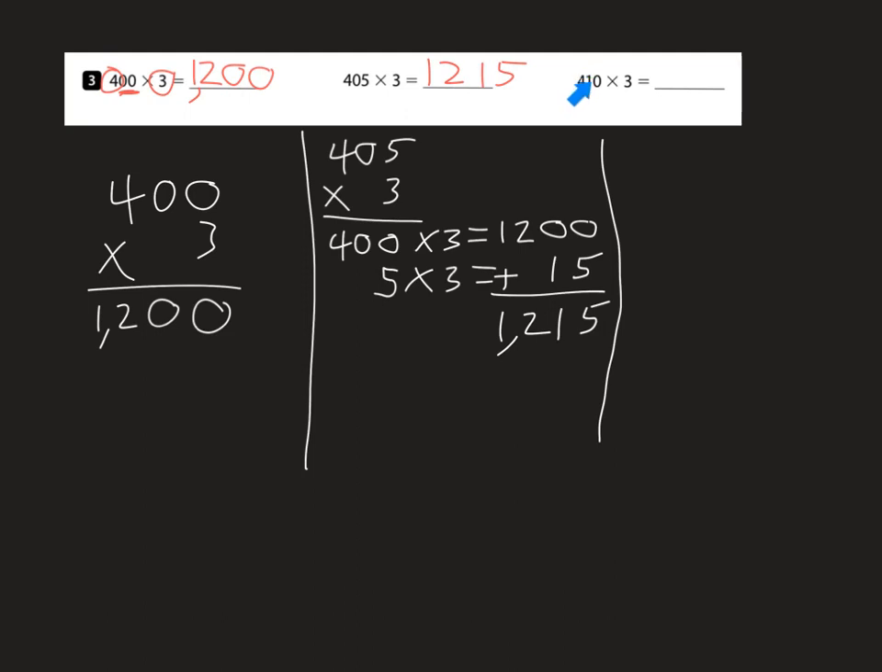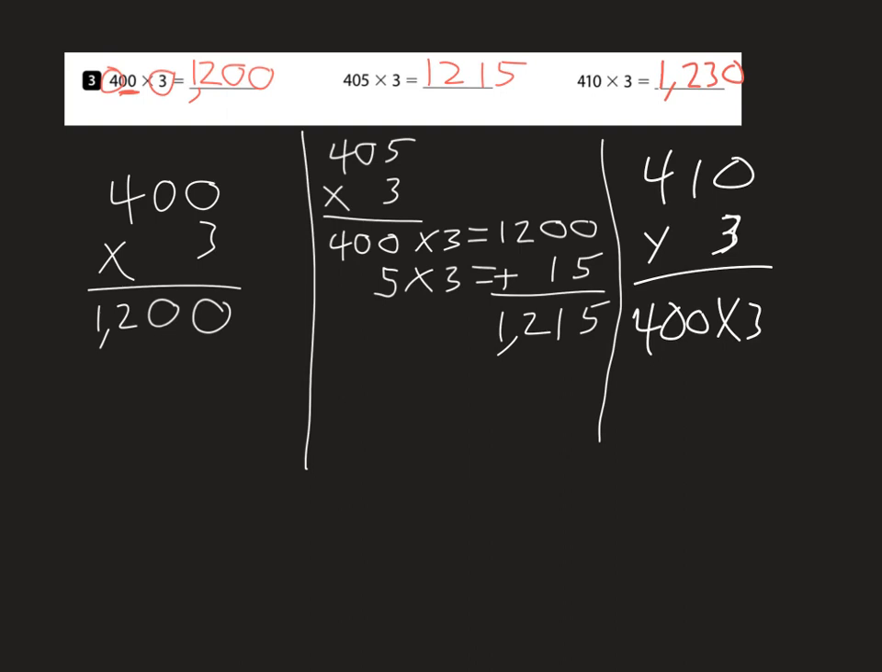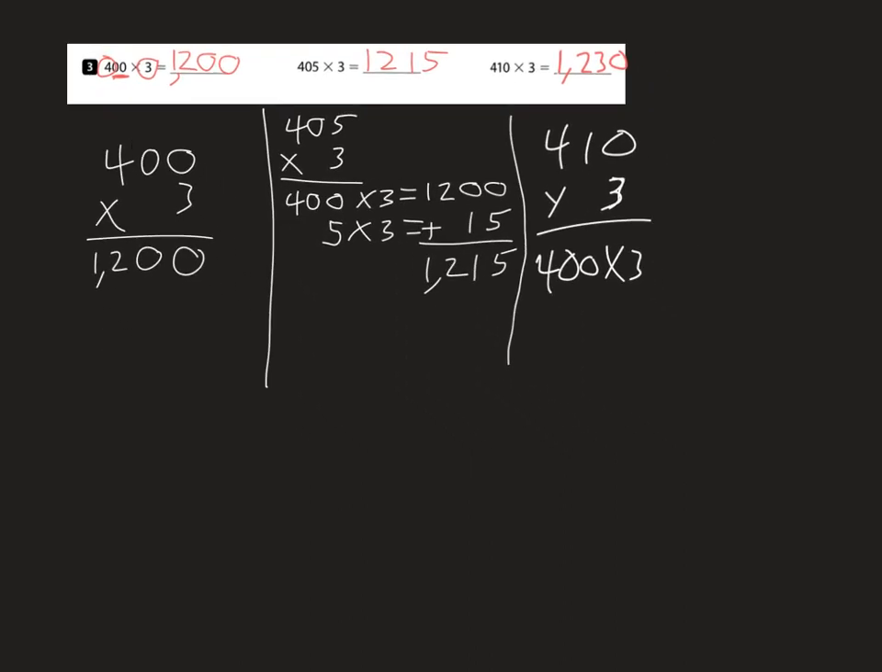All right, so we have 410, which is 10 more than 400. And I know 10 times 3 is 30. So it's going to be 1,200 plus 30, which will give me a product of 1,230. All right, so 410 times 3. I know 400 times 3 will give me a product of